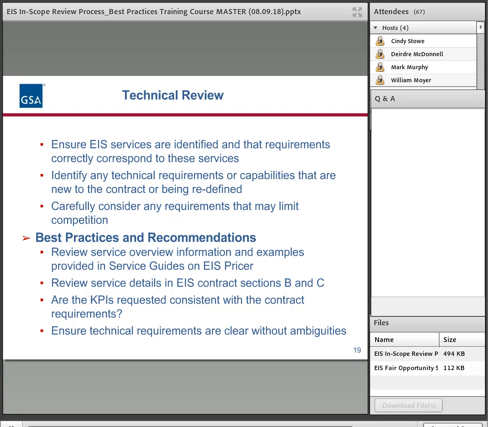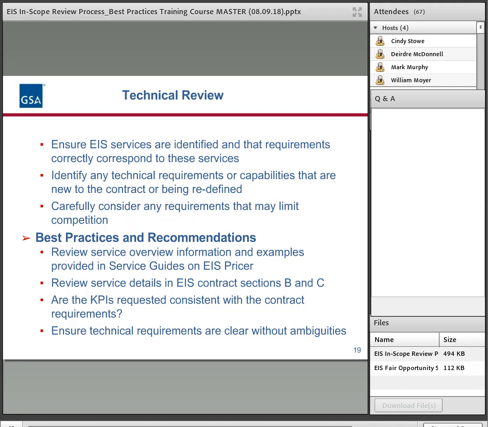Also, we're going to identify anything that goes beyond what's in the contract, the requirements in the contract, or if a new service is trying to be added through the solicitation, we'll identify that. Normally, new services we'd want to add to our base contract.